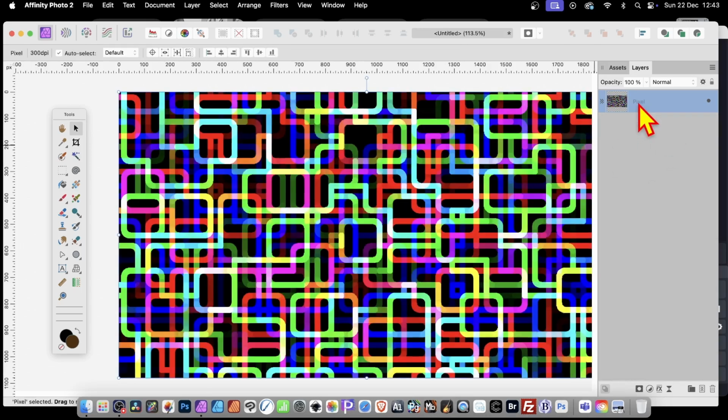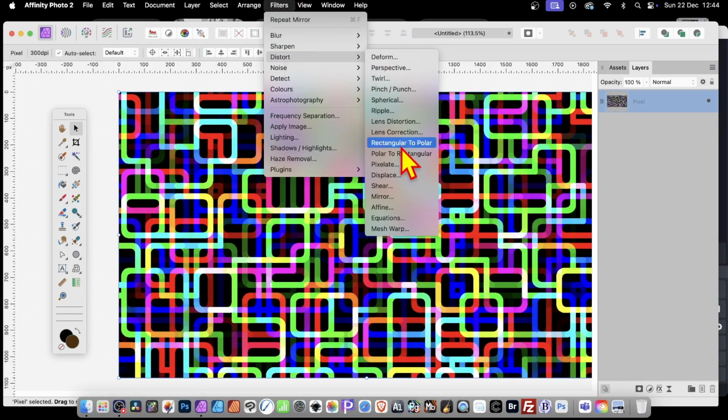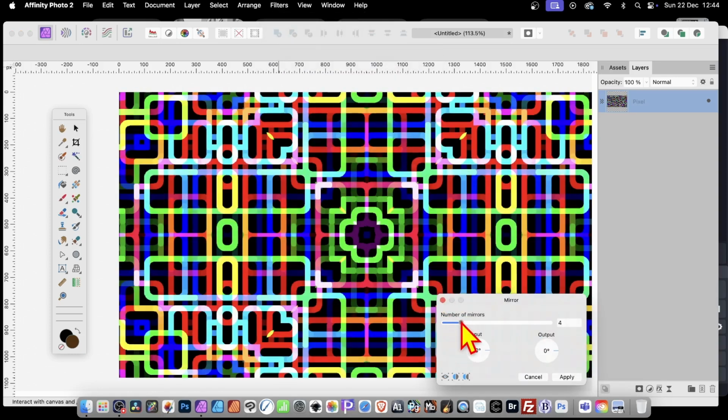Now you don't have to use it as a pattern layer. Always remove it, delete that, and apply exactly the same effects to that. So filters, then go down there to distort, and again mirror, and mirror this one. Doesn't need to be a pattern layer, maybe go for 4, like that, which does of course create a nice pattern design. You can see it will match both sides, which you can then join together,